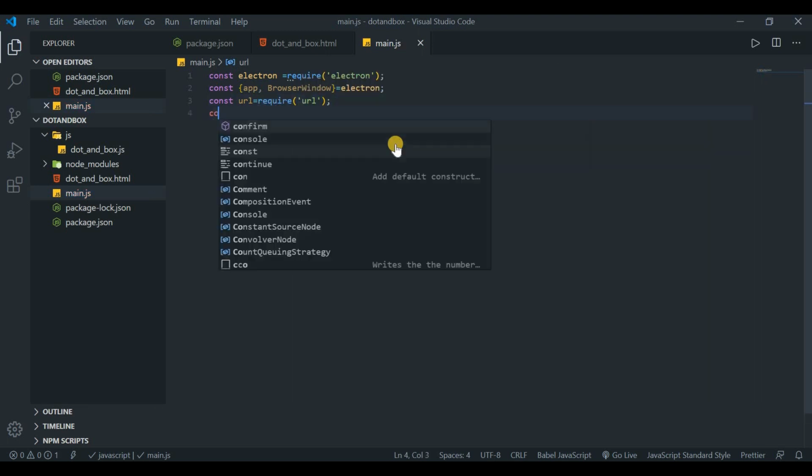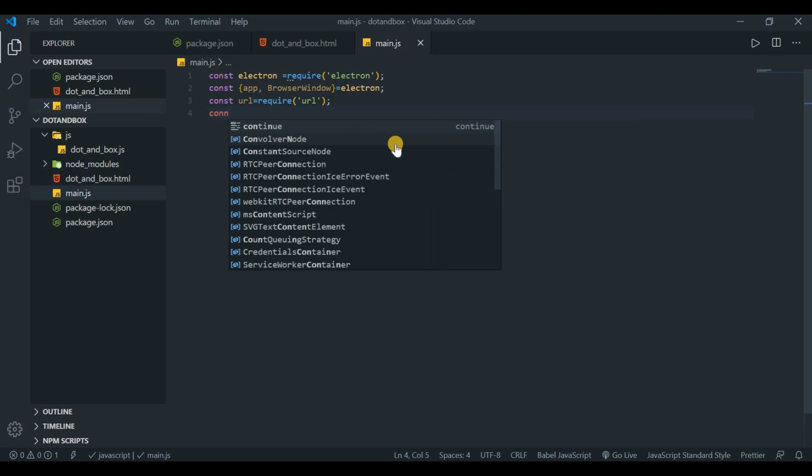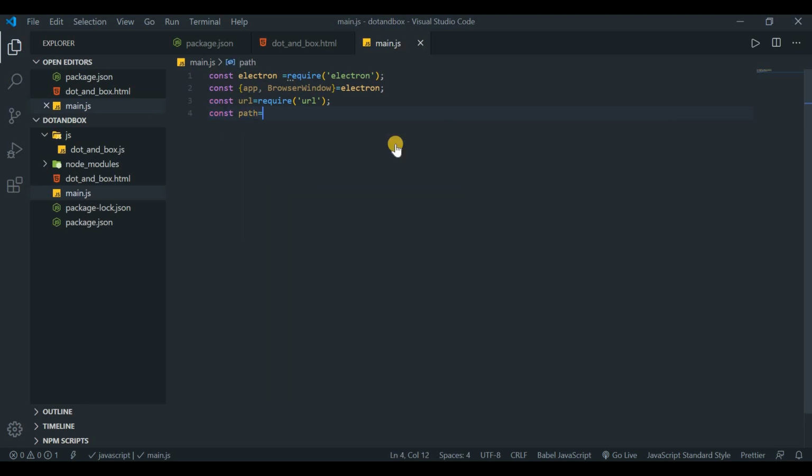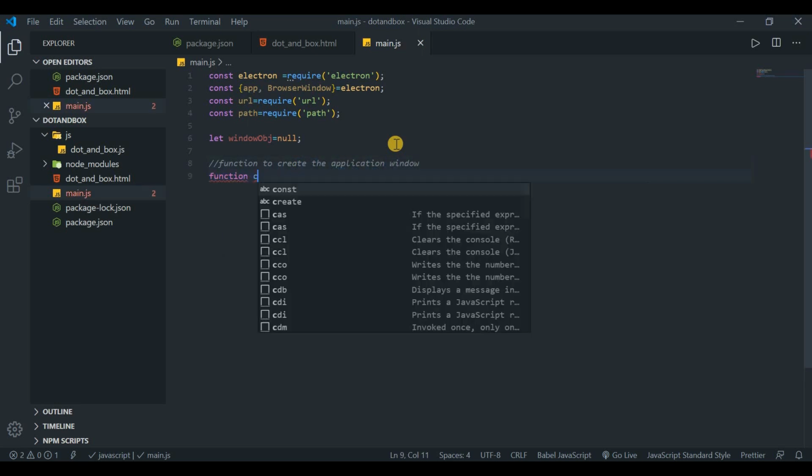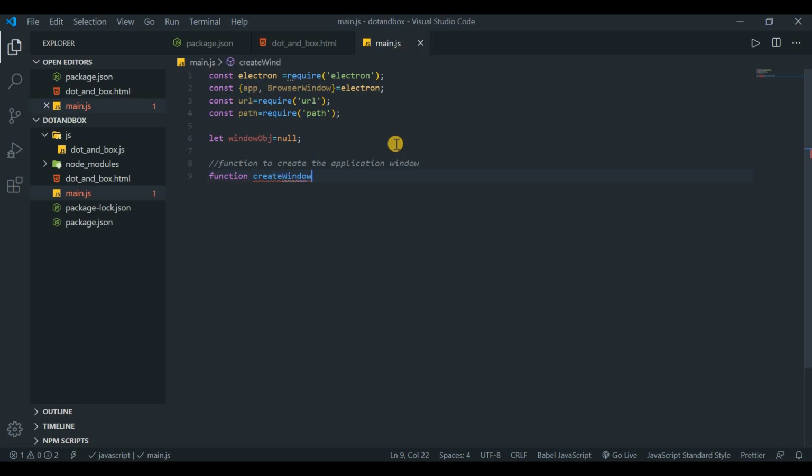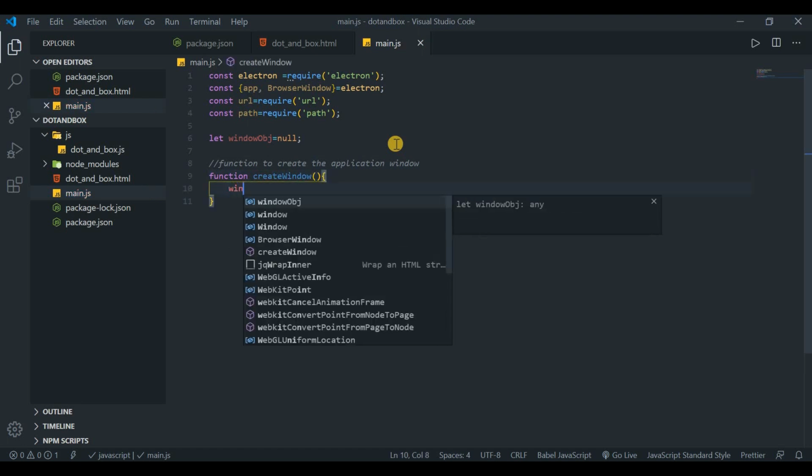Okay, and then constant path equals to require path. So okay, done. Now we want to create the window. Let's take a variable for that. So this is the window object, that is equal to null, and then create the function to create the application window. Okay, so let's take the function createWindow, and inside this function we'll say the window object equals to